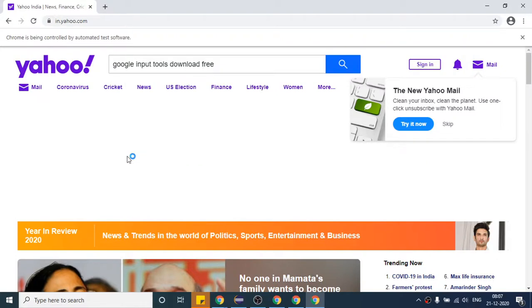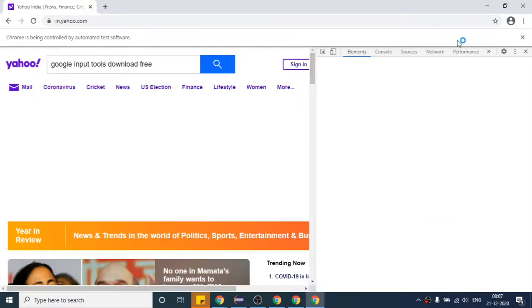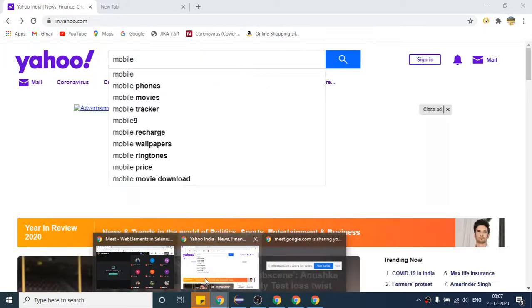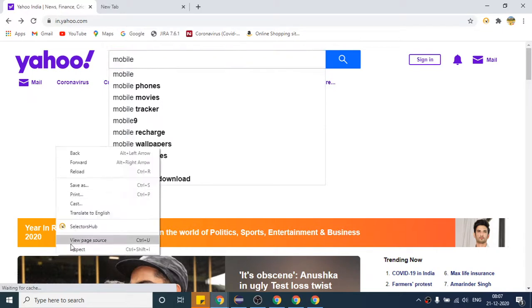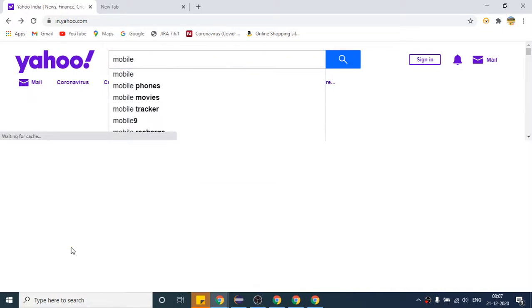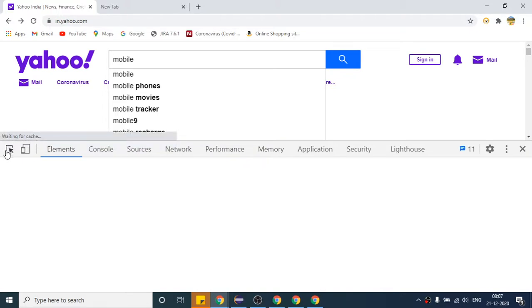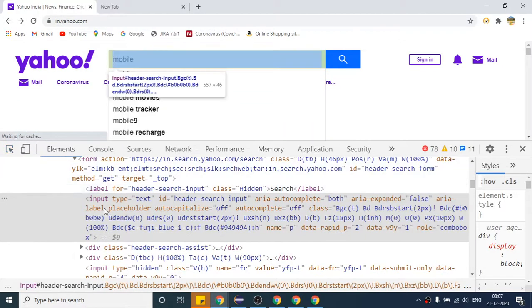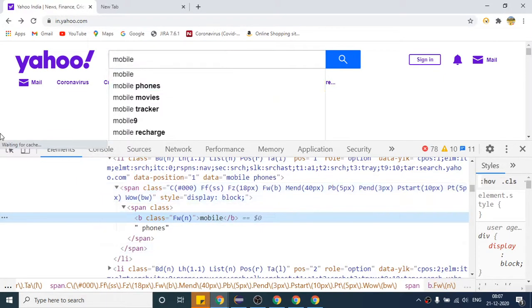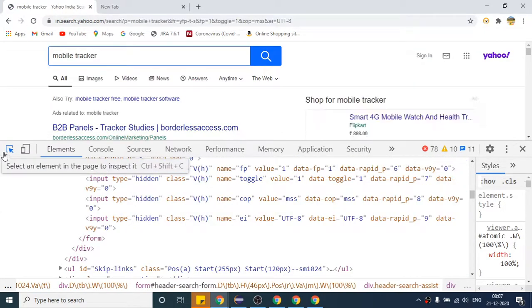Yeah, see, if I show you the code, if we see the code, let me open in original browser. Here it is. Okay, I have clicked that.